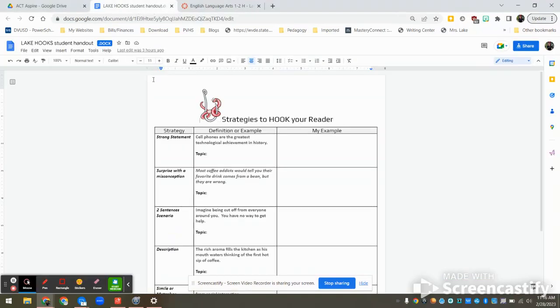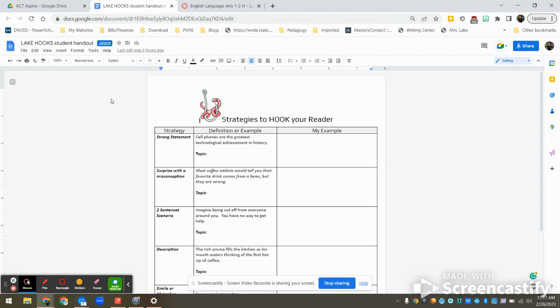All right, guys, sorry for not being there today, but we are going to take a look at your hook statements for the ACT Aspire. Coming up in April is the ACT Aspire state test. This is the new test that's replacing AZ Merit, AZ M2, all of those things. We are going to start by looking at hook sentences, ways to capture the reader's attention and make sure that they are engaged in what you're talking about.